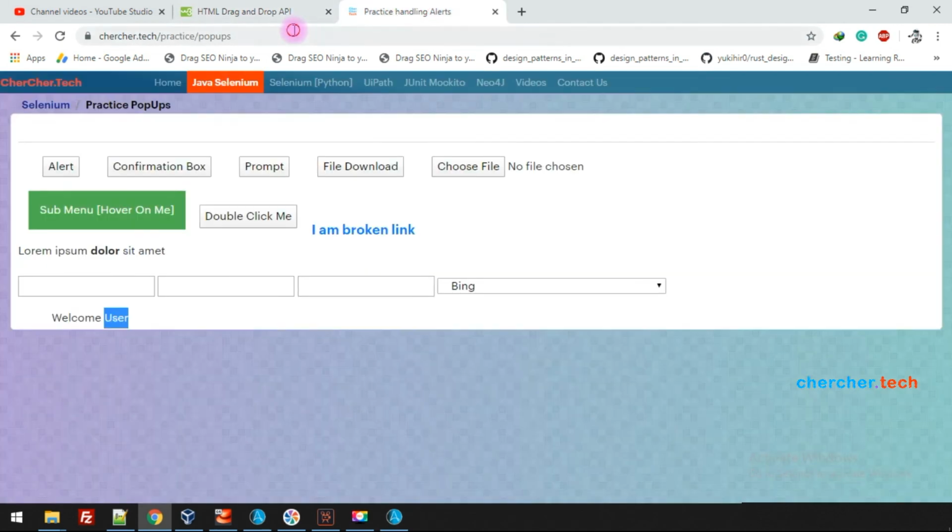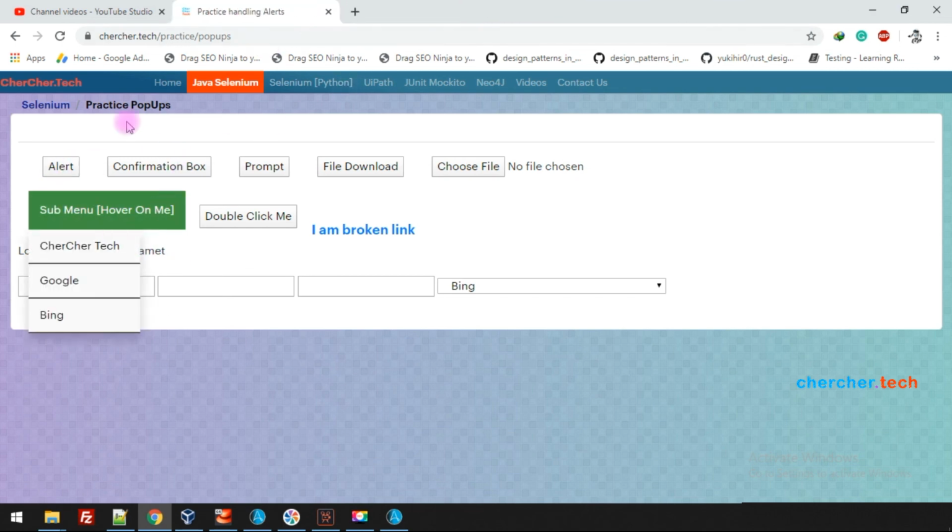For example, in this application, I'm going back to the same application as the old one. Here there is a menu called submenu. Normally submenus are nothing but, whenever you hover on it, it will showcase the hidden options. So this is the purpose of submenu. You can handle the submenu using the mouse move. For example,